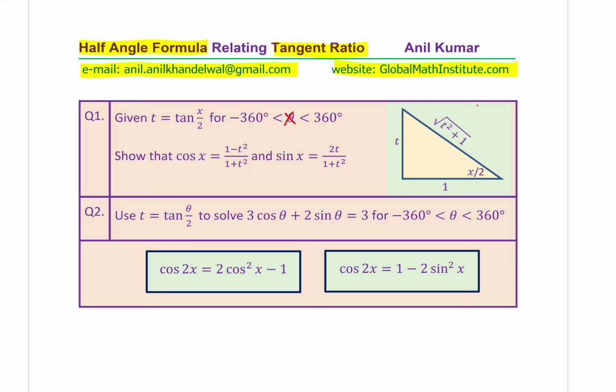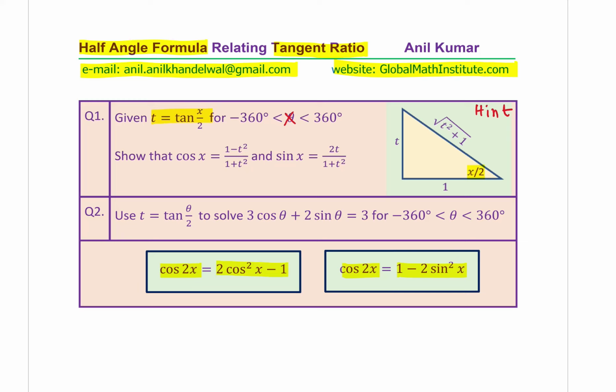Now here are some hints for you to solve this type of question. Hint number 1. You are given that t is equal to tan x by 2. Make a triangle, and this triangle will help you to solve the question. You might also need some formulae, so I've given you the double angle formula. Cos 2x is 2 cos square x minus 1, and cos 2x can also be written as 1 minus 2 sine square x. You might use these formulas also. So with that in mind, I think you are fully equipped to answer these questions, make an attempt, and then